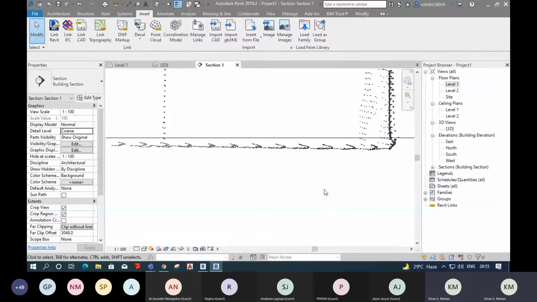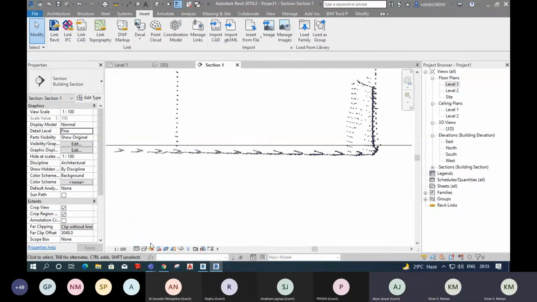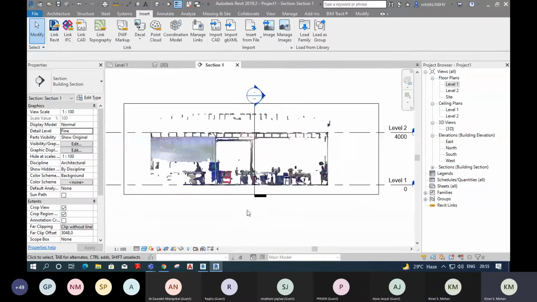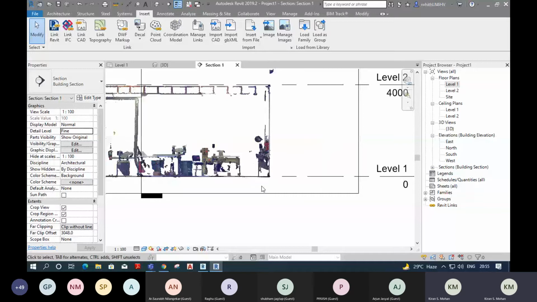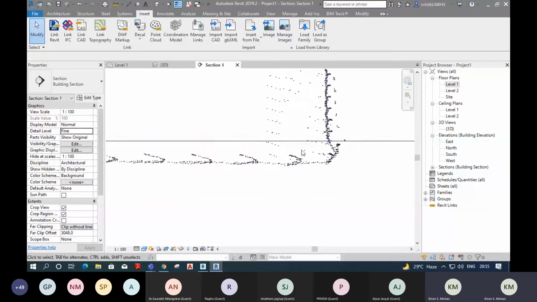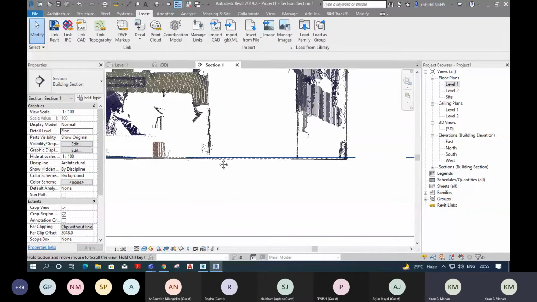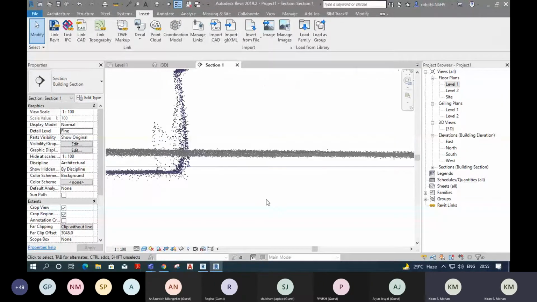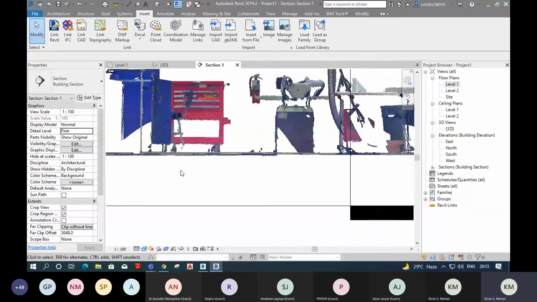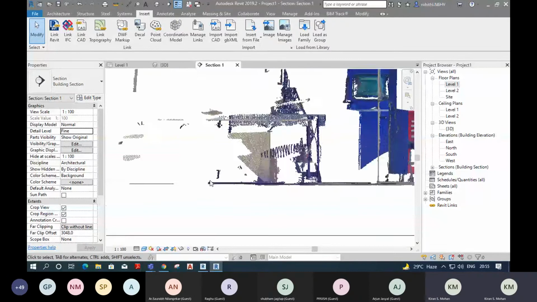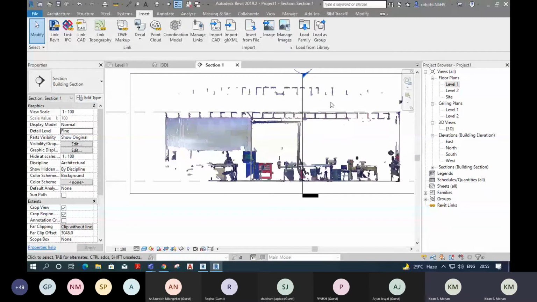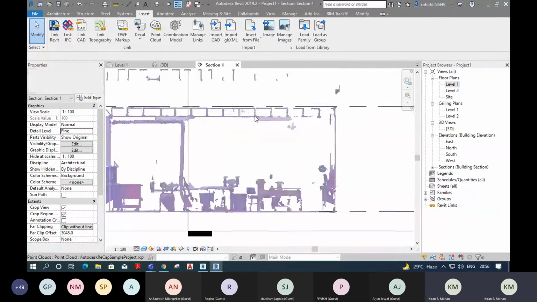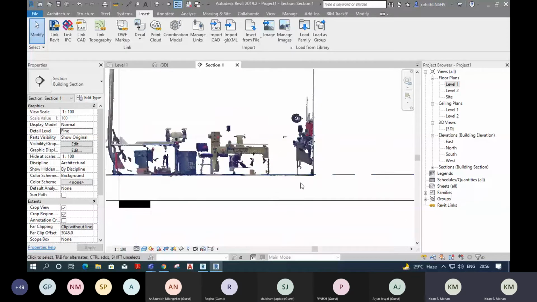Now you can see the levels here, level 1 and level 2. After linking, you can see some deviations. Actually, this kind of deviation is common in point cloud data. This is happening because of an error in the registration process or an error in taking the point cloud data. Usually this error will happen in almost all scan data, so you don't have to worry about it. First of all, you have to check whether it is aligned with the planes or not. It is almost aligned with the plane, so you don't have to do anything. Just keep it as it is.